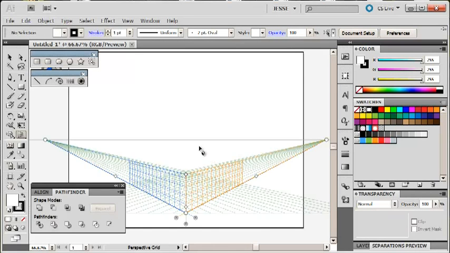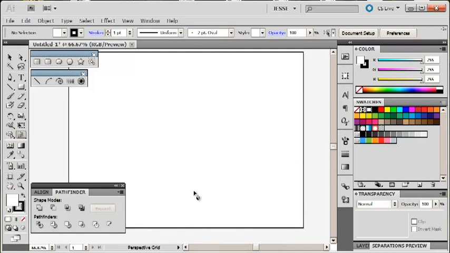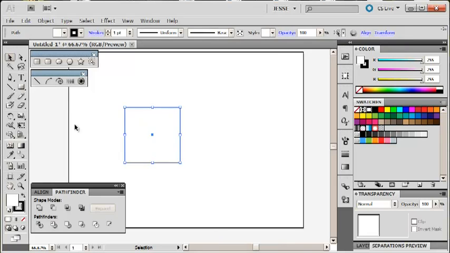Hey guys, in this tutorial we're going to make a box that looks semi-decent, I guess. I'm going to do it without this tool. So I'm going to go to View, Perspective Grid, and Hide Grid. Okay. So I'm just going to make a square, and